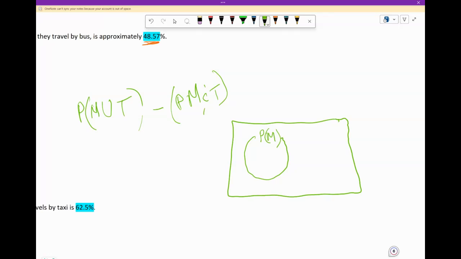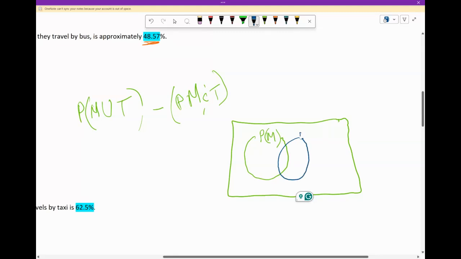That's what we're interested in. There are other outcomes, but we're only interested in those two. But now, before I draw that, tell me something. Is it possible that we might just select a respondent who travels by taxi, who also happens to be male? Is it possible? It's possible. So that means that we can actually select a respondent who